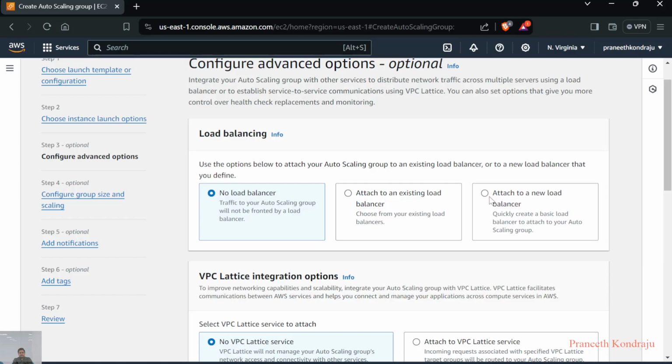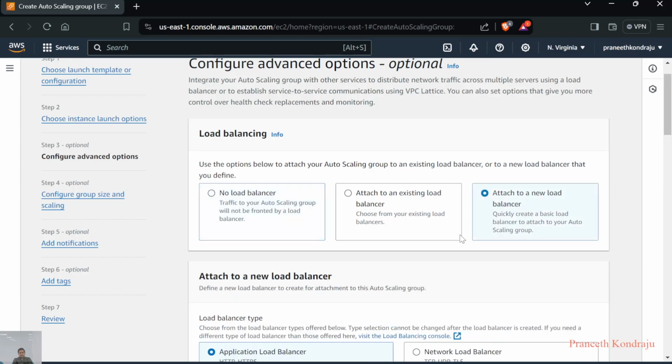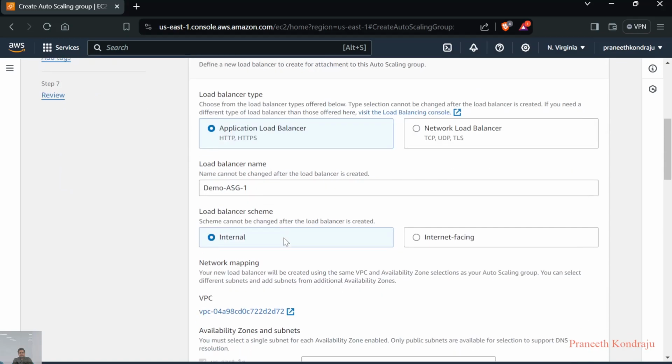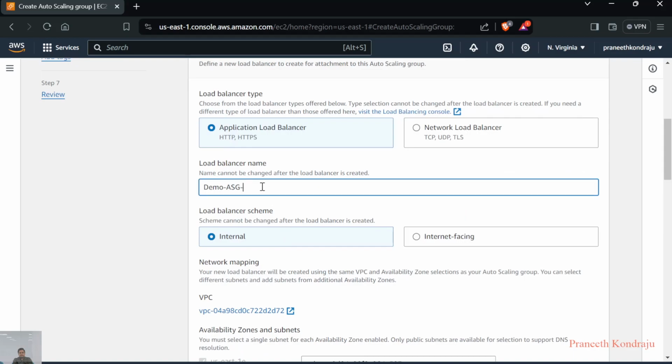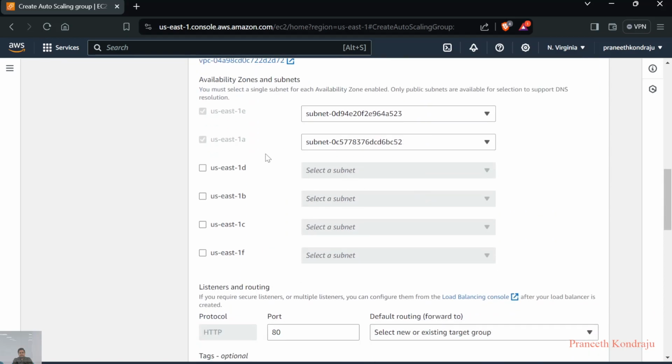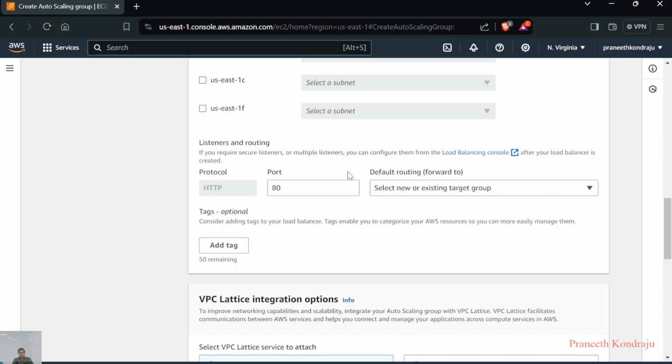I want to have a load balancer because if we scale out our instances, we need to differentiate whether we are really able to connect to the newly raised instance or not. So I'll proceed with attaching to a new load balancer, and my use case here is an application load balancer. For the load balancer, I'll name it demo ASG LB. It should be internet facing because I need to access it through the public internet. And I have selected two availability zones in the following subnets. I'll go with